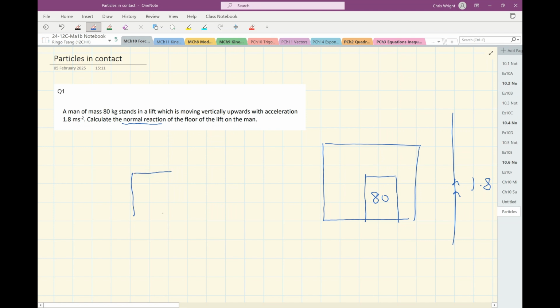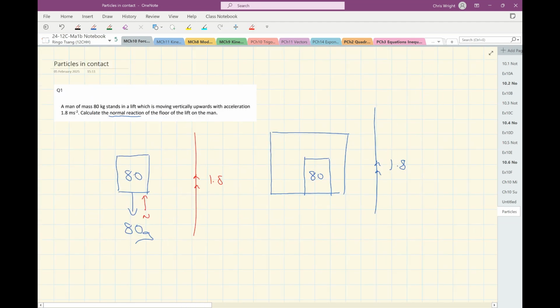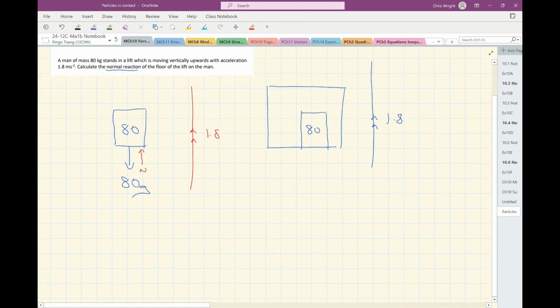So here is the man with his mass of 80 and his weight of 80g, and the lift is accelerating upwards, and there is a force on the lift floor pushing up on the man's feet. Let's call that N. So now if I resolve this picture of the man using up as a positive direction,